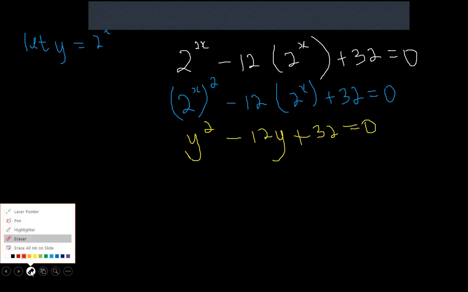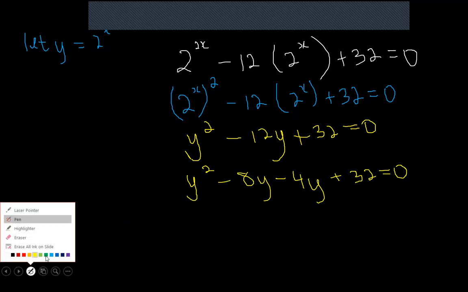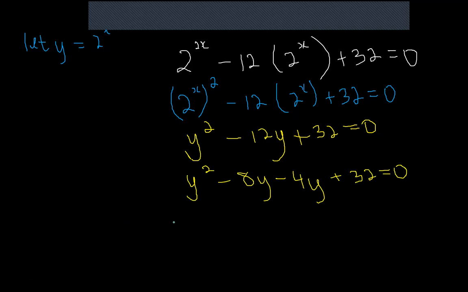If I solve this quadratic here, what I will get as my factors would be, actually let me do it the long way, because this is add math, and if this was a question, you would probably get a mark for showing your factorization. So y squared minus 8y minus 4y plus 32 is equal to 0. Remember, we did solving by factorization already, right? And now I group them, and when I do that, I would get my factors equal to,